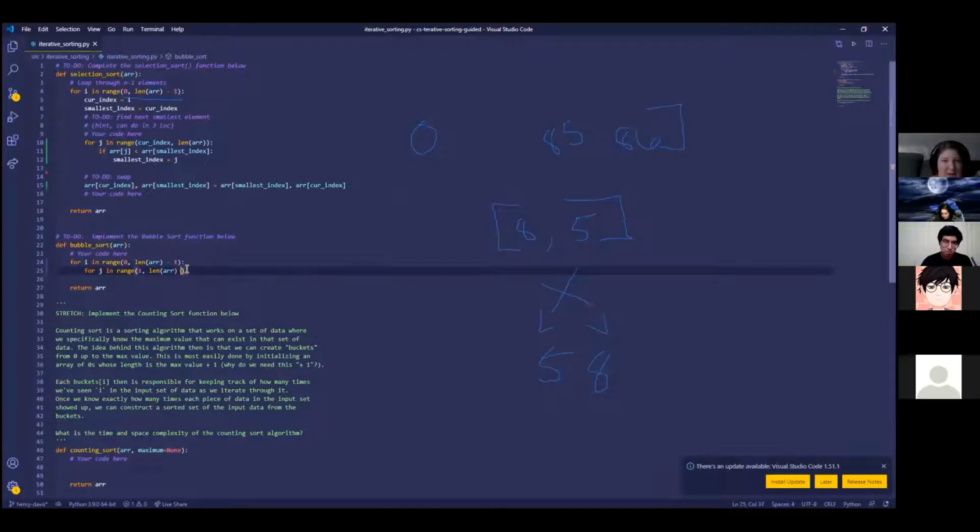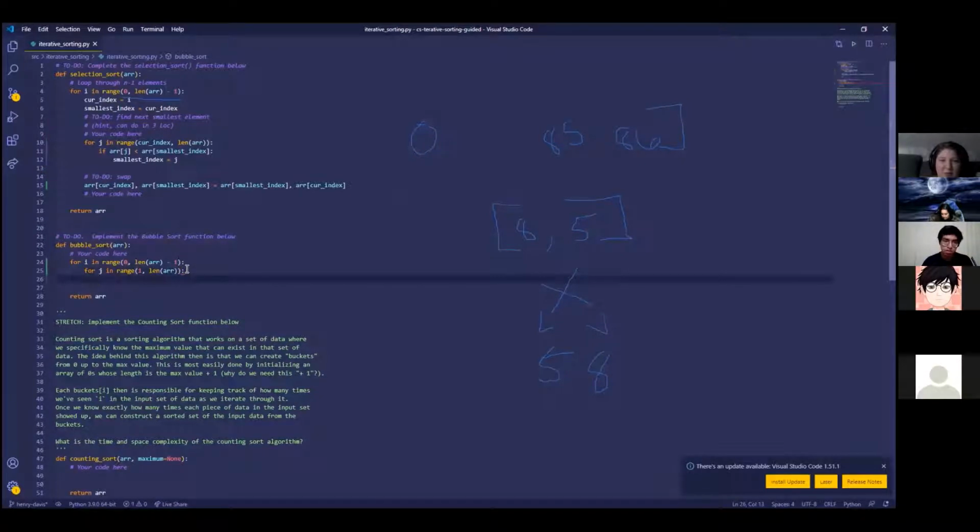Now, I have... Doc, I can't remember how we got to this one. For j in range 1, length of array minus I minus 1. In range 1, length of array